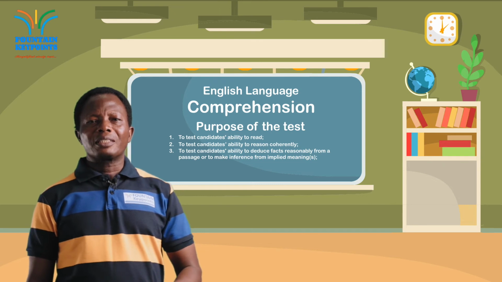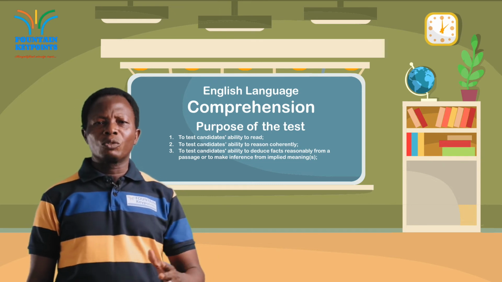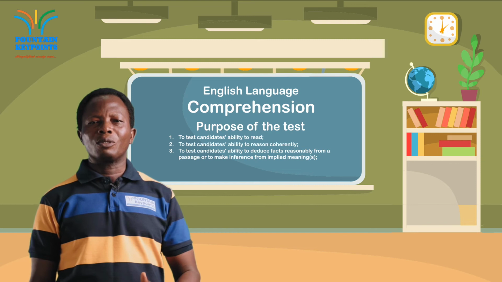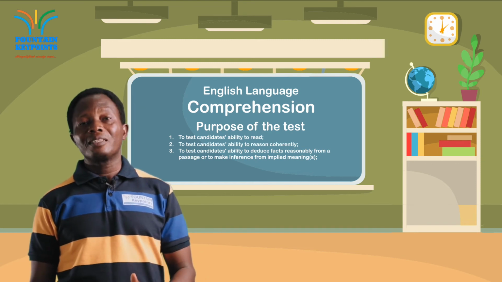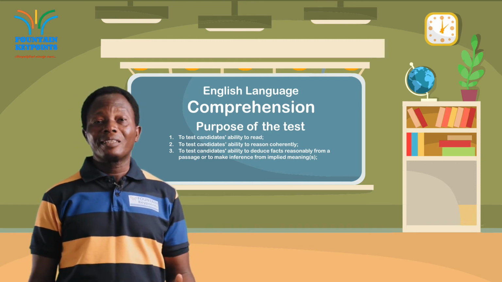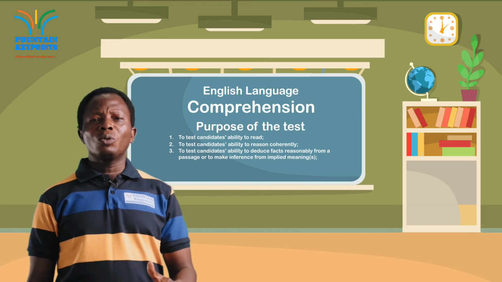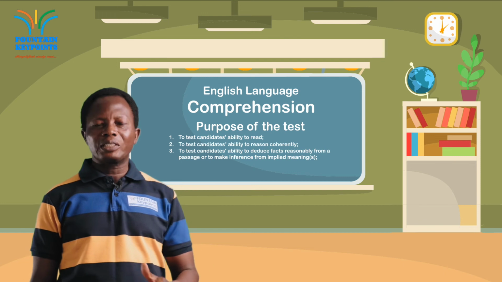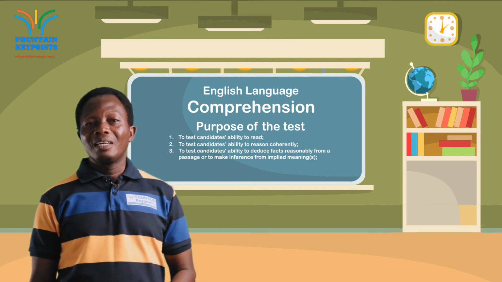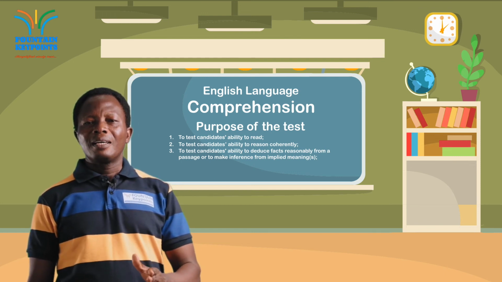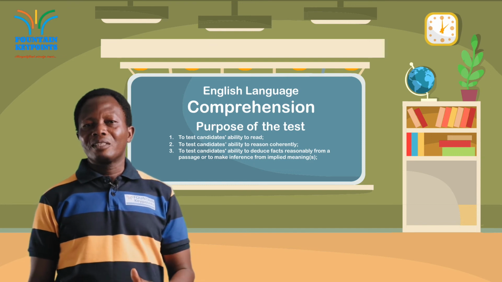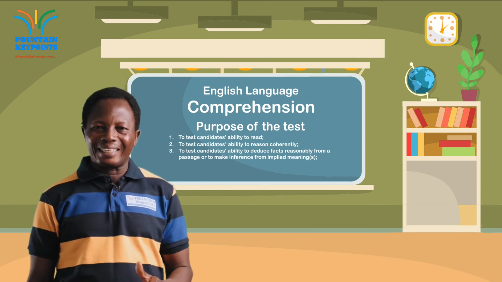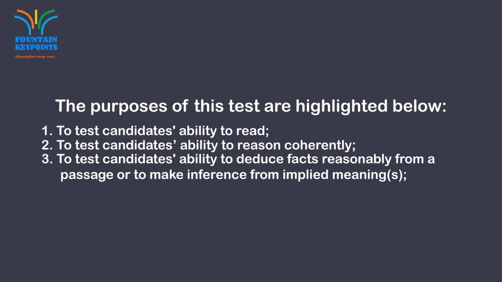In questions such as, according to the passage, according to the writer, according to the narrator, what is the meaning of this or that? The meaning can just be implied. And so when a candidate goes straight to any answer lifted directly from a passage, he fails that question. The correct answer to a question that is implied is always not stated, it's not explicit.